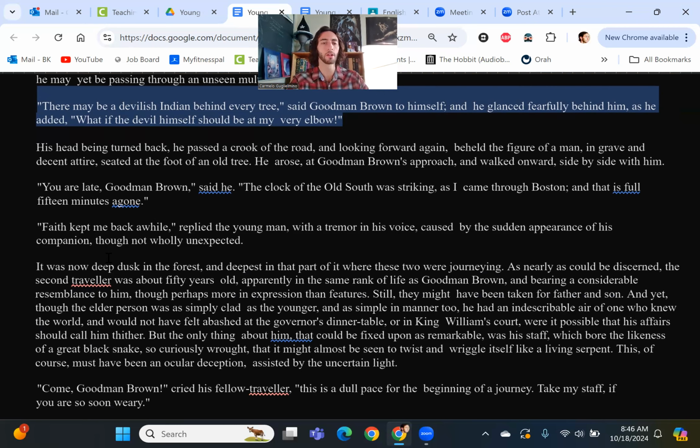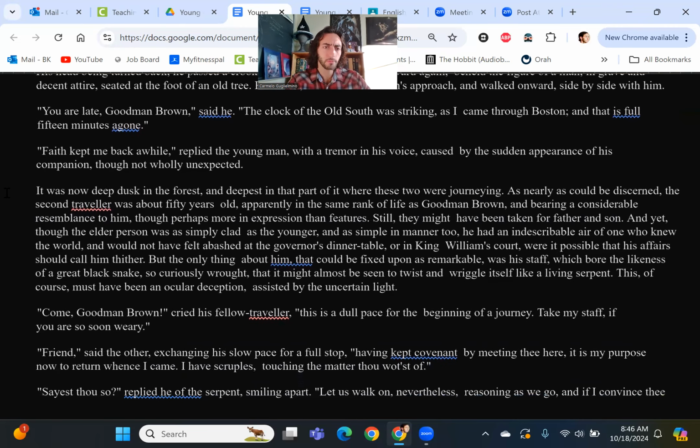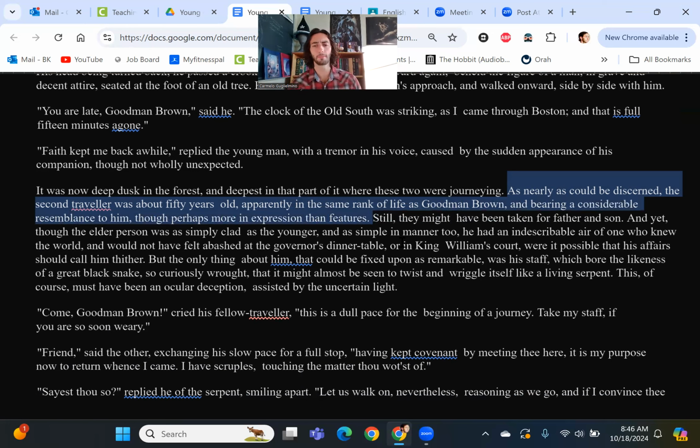He gets up and he greets Goodman Brown, and we get this description of how we are to understand what this guy sort of looks like. "As nearly as could be discerned, the second traveler was about 50 years old, apparently in the same rank of life as Goodman Brown, and bearing a considerable resemblance to him, though perhaps more in expression than features. Still, they might have been taken for father and son, and yet, though the elder person was as simply clad as the younger, and as simple in manner too, he had an indescribable air of one who knew the world,